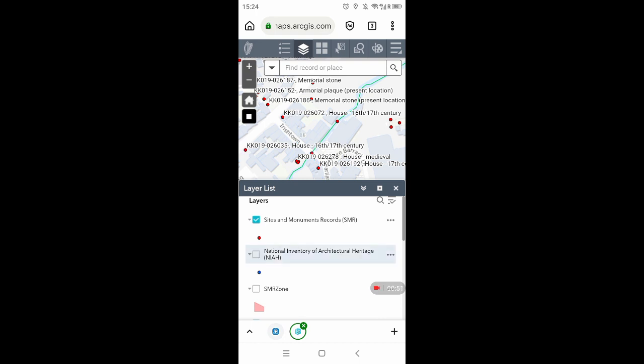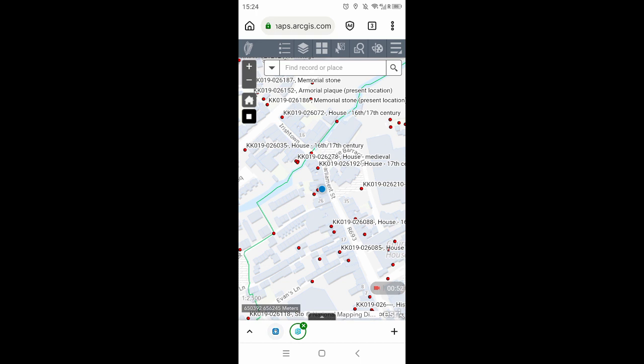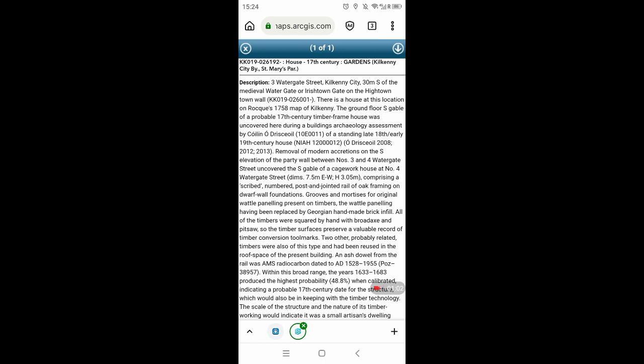And once you click on it, there might be more than one result for each dot. I talked about that in my video about the review of the historic environment viewer, which I will link up in the corner. You have to click on the arrow and that will show you the full result. Depending on which county you're in or which area you're in, you might get a very thorough, very informative description